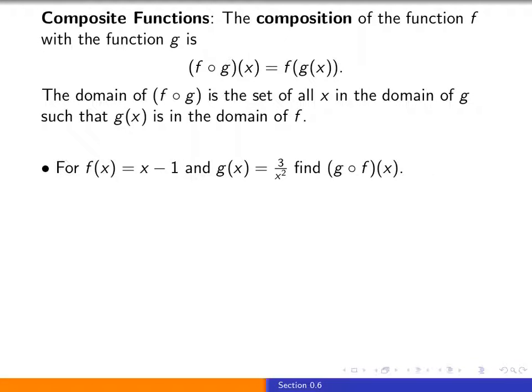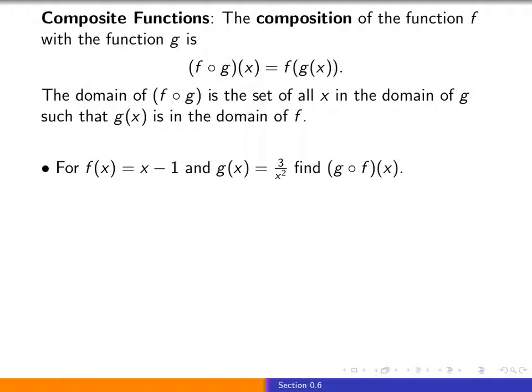In this video, we will discuss the composition of two functions. So the composition of the function f with the function g is denoted by f circle g, and is really just f of g of x. So from an intuitive perspective, all we are doing is taking the function g and plugging it inside the function f. And note that once you've done this, if you wanted to determine the domain of this new function,